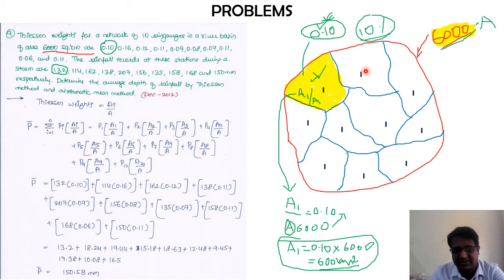Here the basic concept used for the calculation in the Thiessen polygon method remains the same, but the only difference is the way in which we are calculating. Instead of individual effective areas, here we have something called Thiessen weights. With the help of those Thiessen weights, we determine the mean precipitation of that catchment area. So this is how to solve the second type of problem on the Thiessen polygon method.